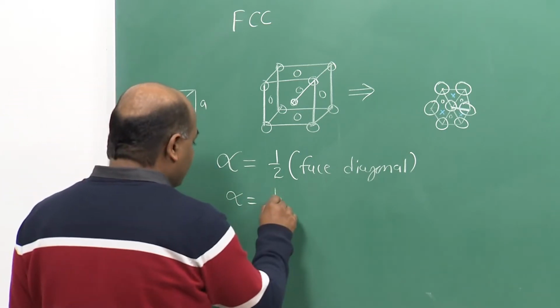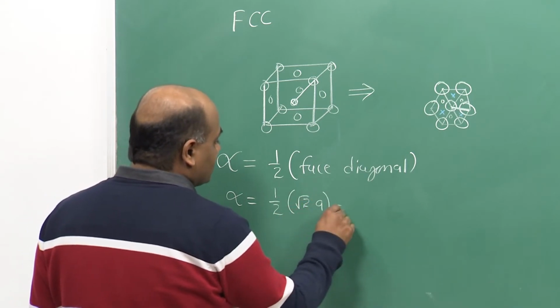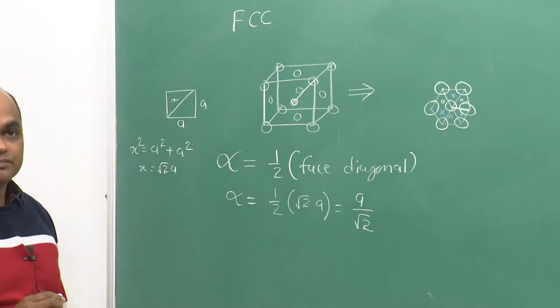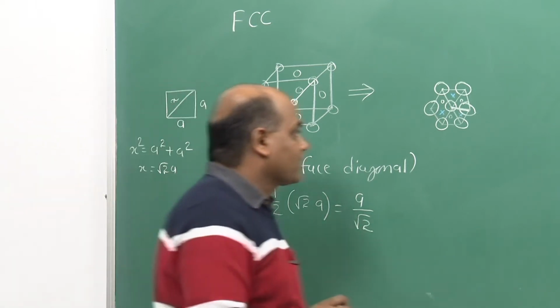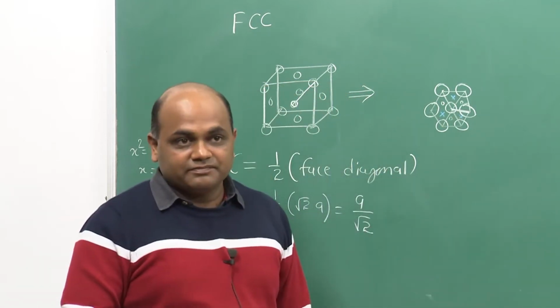mechanism would be half the face diagonal, which is half root 2 a, that is a by root 2. Where will be the saddle point? If we draw this